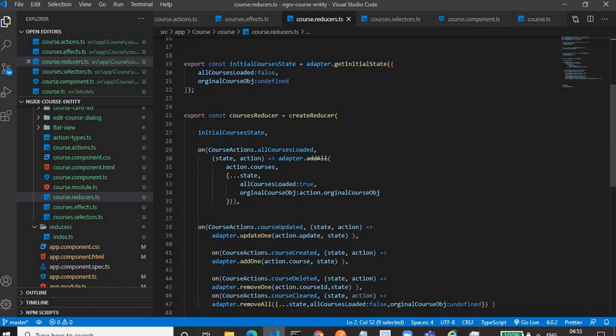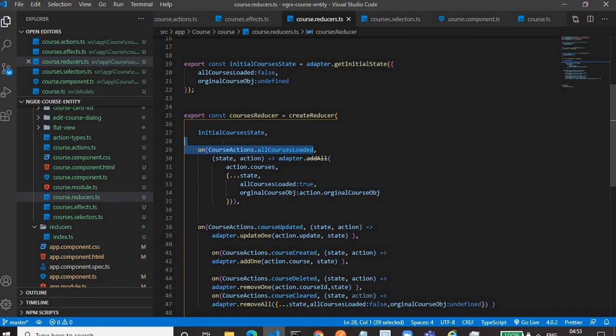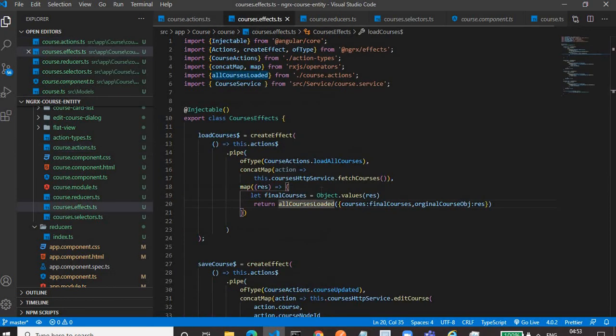In createReducer we have the on operator, in which we provide the action, and for which action and for what state it should return. If it is the allCoursesLoaded action, then we have a function with state and action, and we call adapter.addAll and provide action.courses. These courses are the payload for the action, allCoursesLoaded action, and this payload we are providing in the course effect.